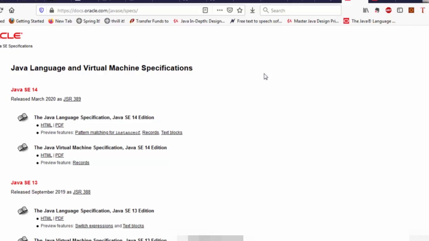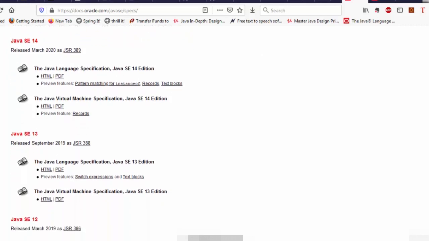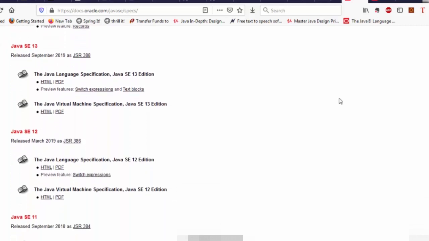In this lecture, we will look at the different releases and the release cycle, like how often a release is made and generally what comes out in the release, and also a little bit about the history of the releases. So here we are. In a given year, currently they are doing two releases, one in March and one in September. For instance, in 2019, in March, they released Java SE 12.